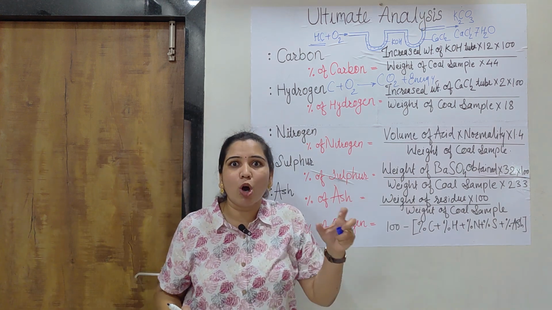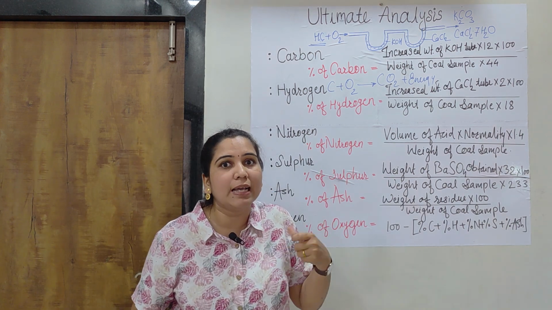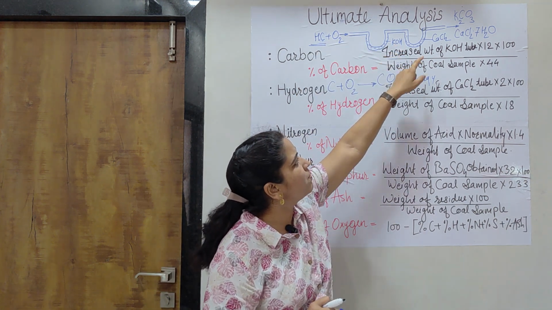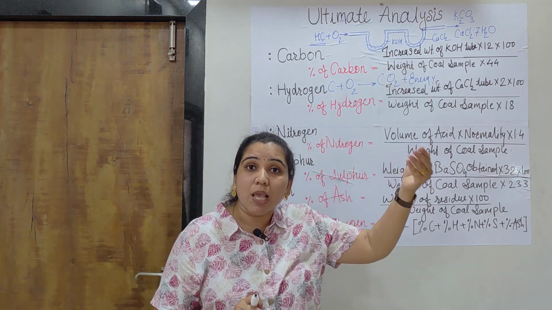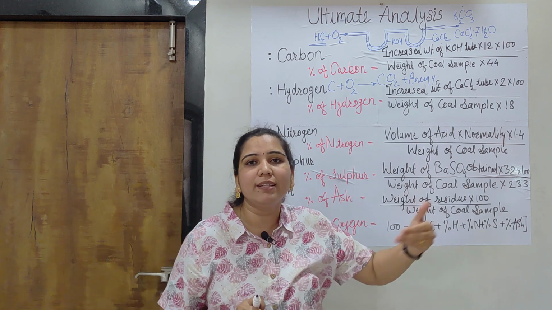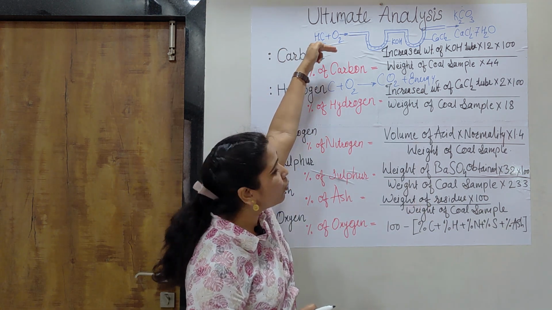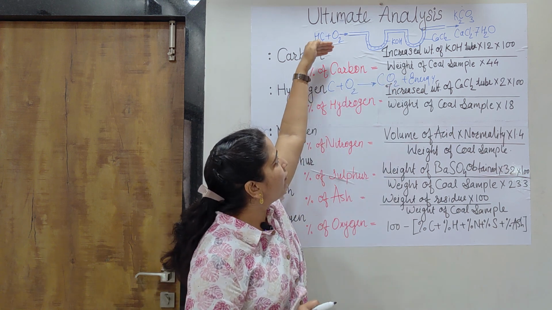Means our carbon will be locked up as carbon dioxide, and then it is fed into this particular tube, in which KOH and CaCl2 are present separately, in the sequence they are placed. At first, the vapors produced by this burning process are fed into